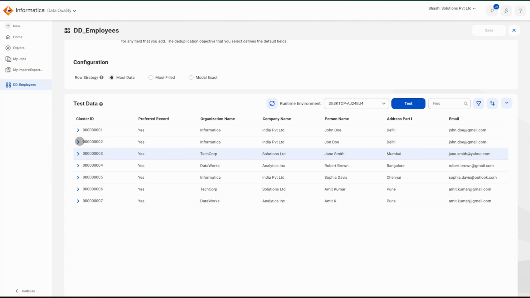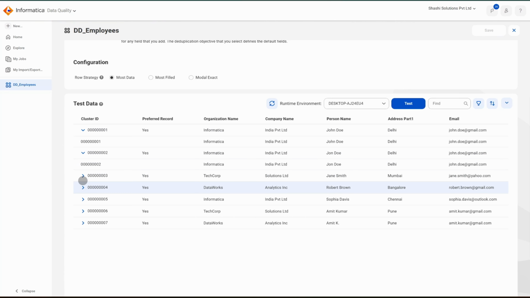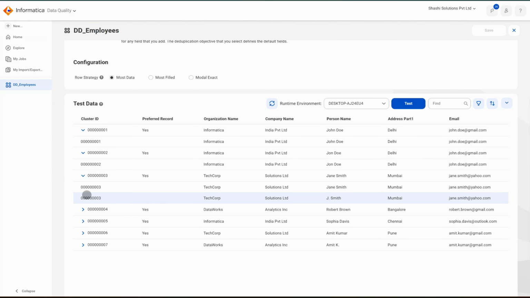So we have the result for cluster ID 1, 2, 7. Let's see one by one. In this we have only 1. In this we have 2. Which one is the preferred record? Everything is the same, so it does not matter which one it picks. In 4,